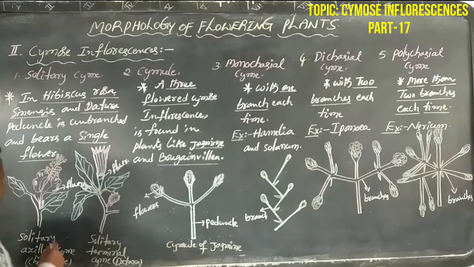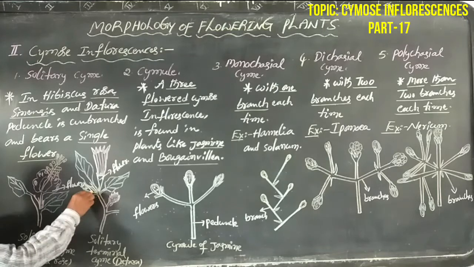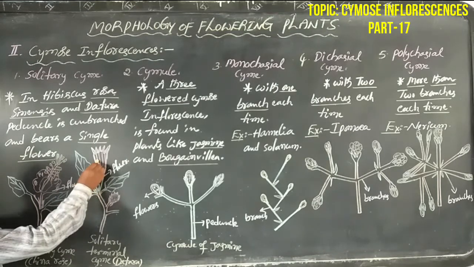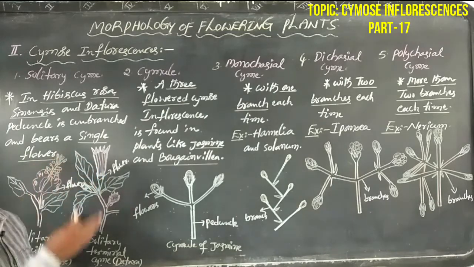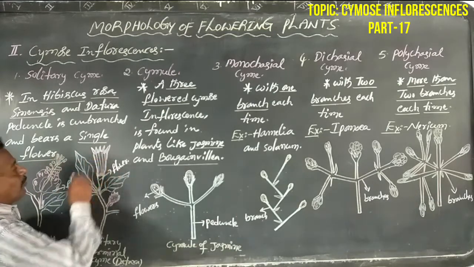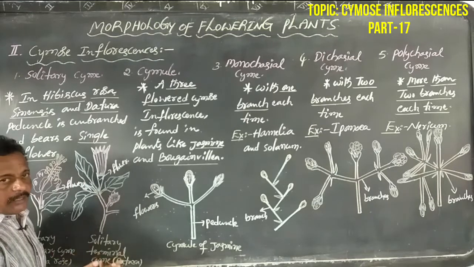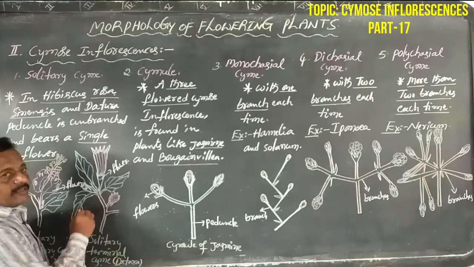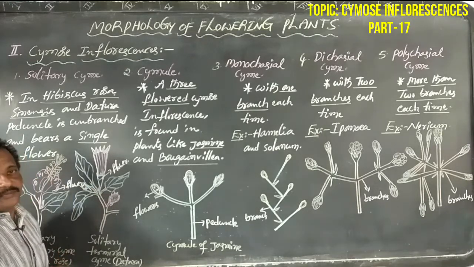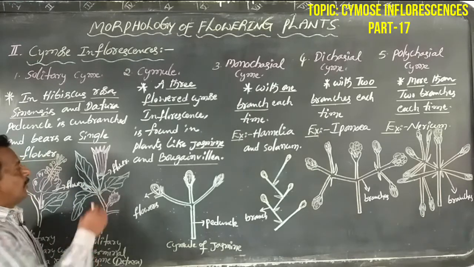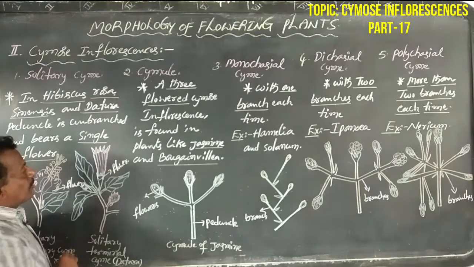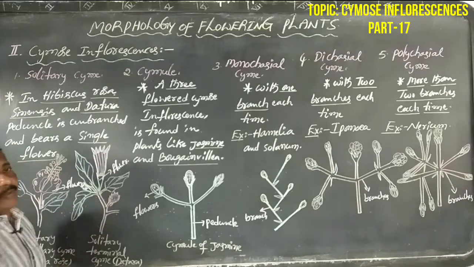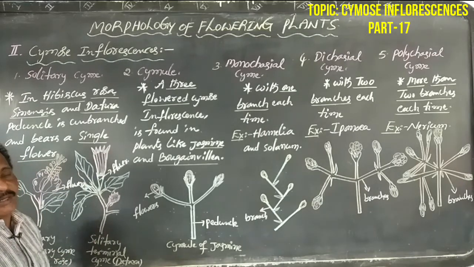That means the smaller flowers are arranged at the base or bottom, and larger flowers are arranged at the top of the peduncle. The smaller size flowers, that is the younger ones, are always present at the bottom or base, and the larger size flowers or older flowers are always present at the top of the peduncle, that is basipetal manner.